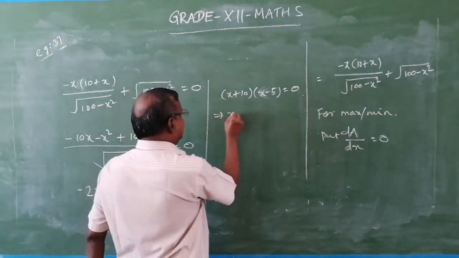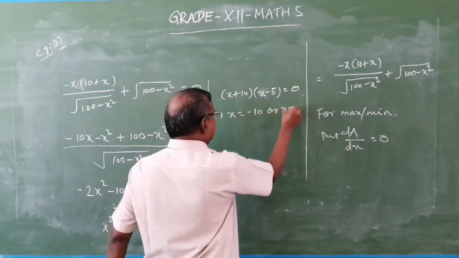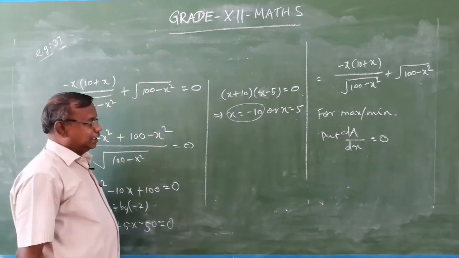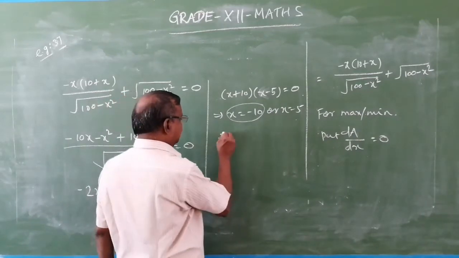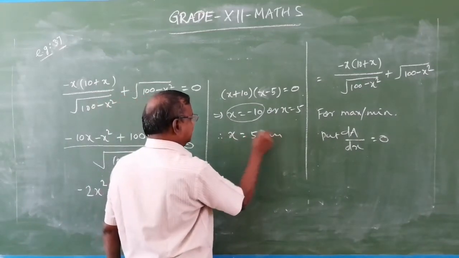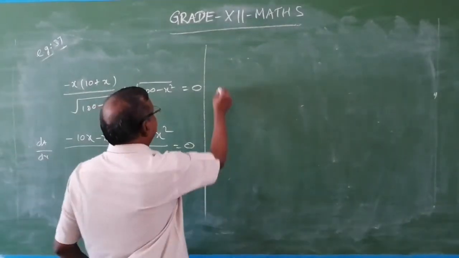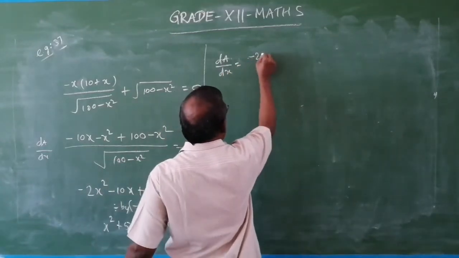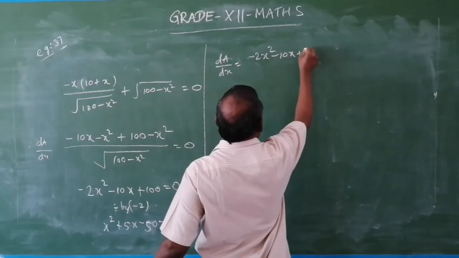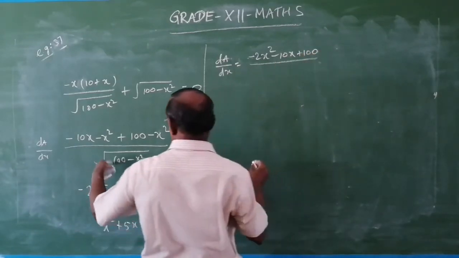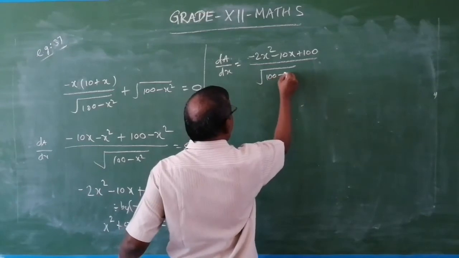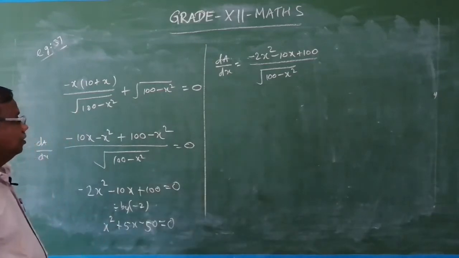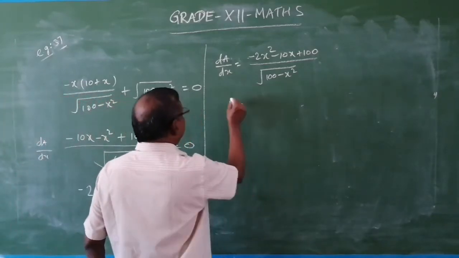Therefore x equal to minus 10 or x equal to 5. x is not minus 10, x cannot be negative. Therefore x equal to 5 centimeter only. After simplification, we have dA by dx equal to minus 2x square minus 10x plus 100 divided by root of 100 minus x square. For minimum, we have found x equal to 5, and differentiating again